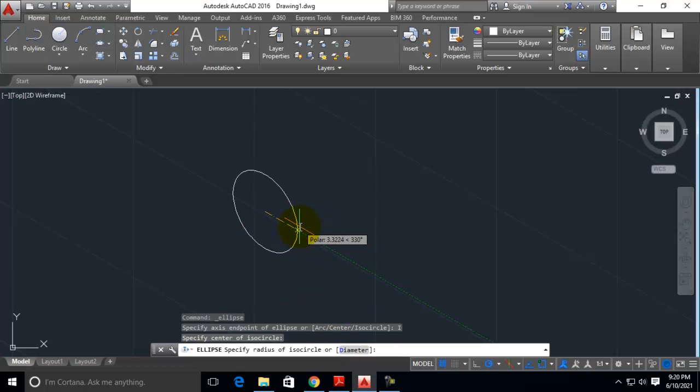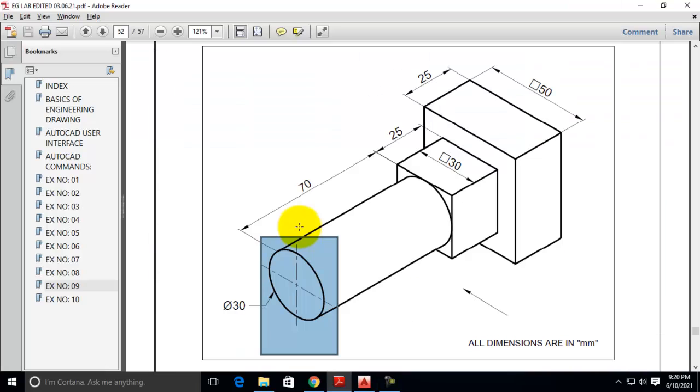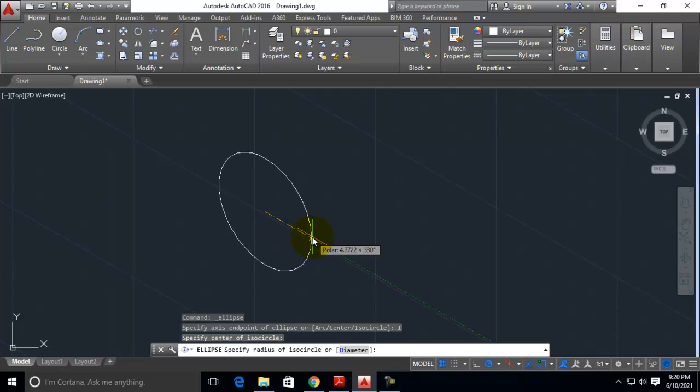Now we have to give the radius of the iso circle. Here they have given us 30 mm as the diameter of the iso circle. Now we have to draw a 30 diameter circle, but it is asking us to enter the radius, so you have to type 15 as the radius.